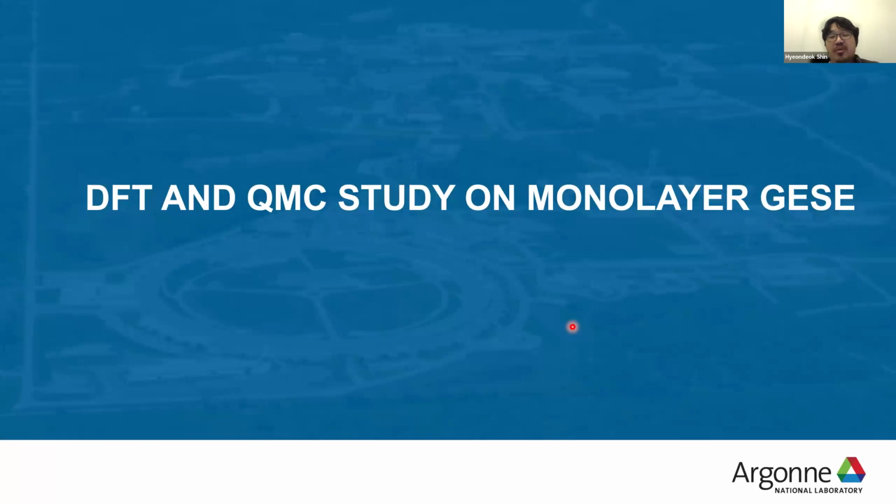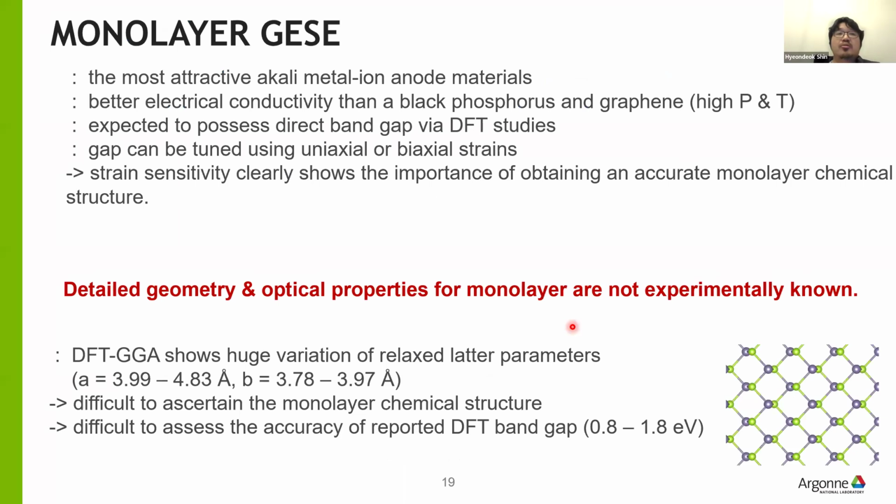So now we carry out these QMC studies on the monolayer germanium selenide system. Monolayer germanium selenide is an attractive alkali metal ion anode material, and it is known to possess better electrical conductivity than black phosphorus or graphene. It has attracted great attention because previous theoretical studies revealed that the gap can be tuned using strain. This strain sensitivity clearly shows the importance of obtaining accurate monolayer